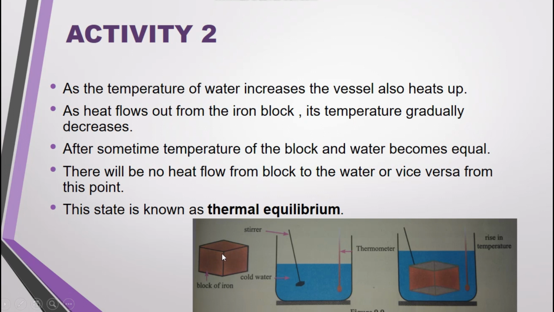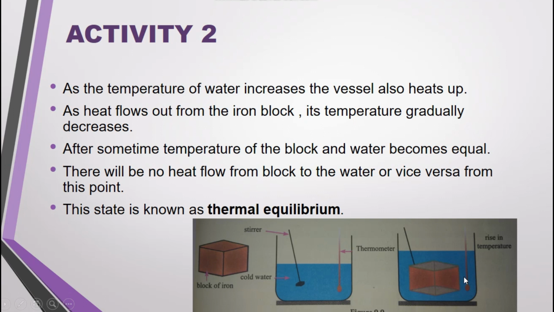Now I will take this heated block of iron and put it into this water, and I will continually stir it in order to have a uniform temperature. Now suppose this block of iron is heated to about 40 degrees Celsius, and the temperature of this water was about 20 degrees Celsius. Little by little with time, what happens? The heat from this block will gradually flow into the water. The heat in this block is gradually transferred into this water.